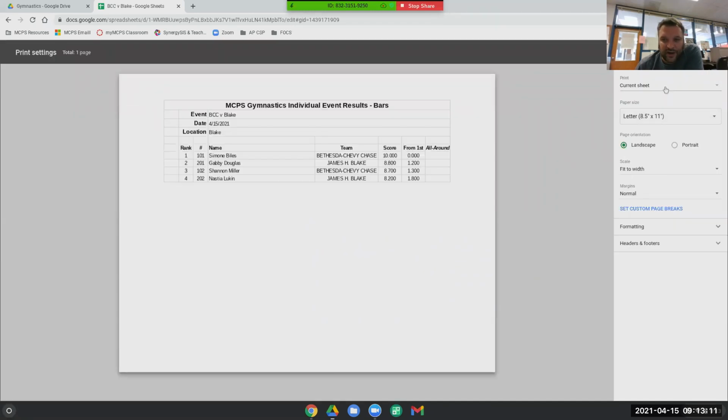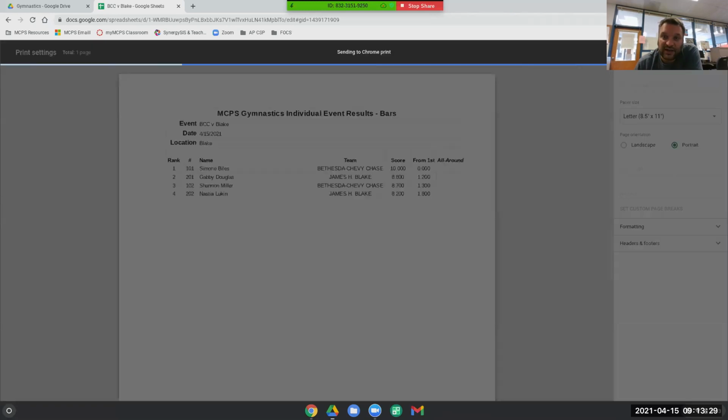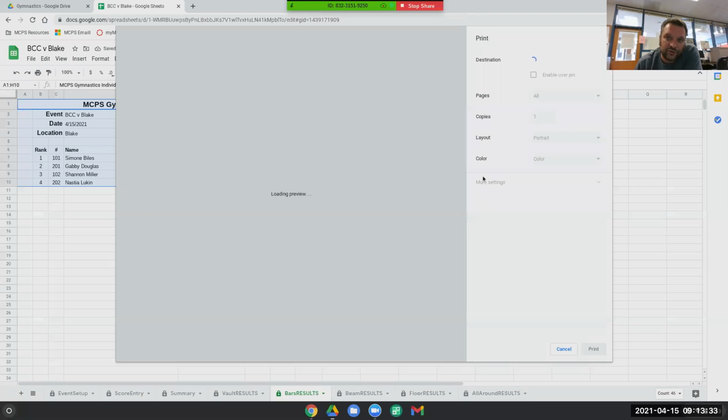Again, we don't want to print everything in the current sheet. We just want to print what we've selected, those athletes who are participating. It's probably going to be a little better to print this portrait, and I do like the fit to width. It should already fit on a single page, but everybody's printer and computer is a little different, so I suggest the fit to width. When you do that, you can just go to next, and you should be able to have the option to,